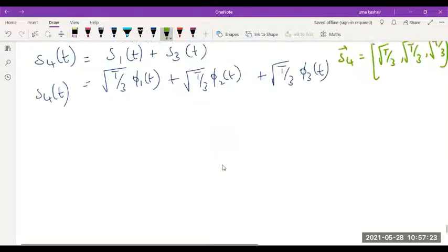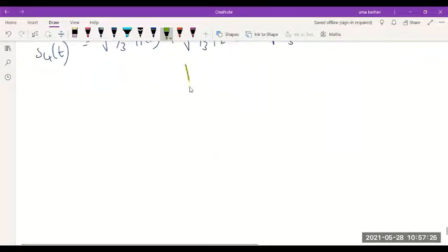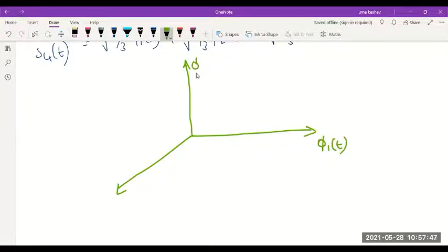So now comes our constellation diagram. You have to draw three perpendicular axes. Remember how we would draw the three perpendicular axes? So you consider three perpendicular axes. You can consider one as phi 1, the other as phi 2, and the third one as phi 3. So let me take phi 1, phi 2, phi 3. Anything you can consider, it's your choice. And this value is all zeros, the origin.